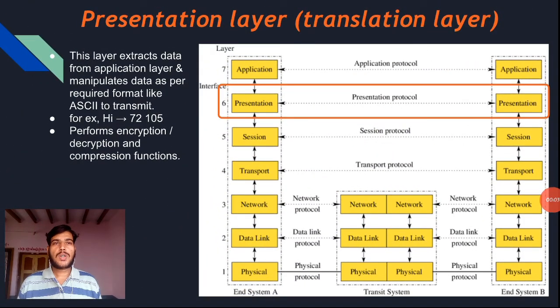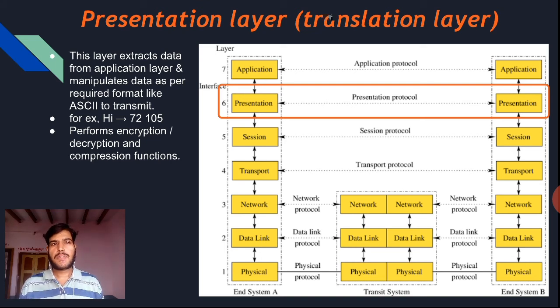The next layer is the presentation layer, which is also called the translation layer. Normally the data we are going to create will be in the application layer, because the user is directly interacting with the application layer.